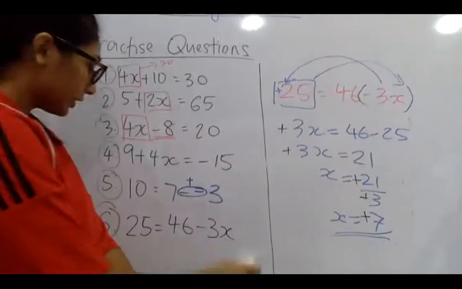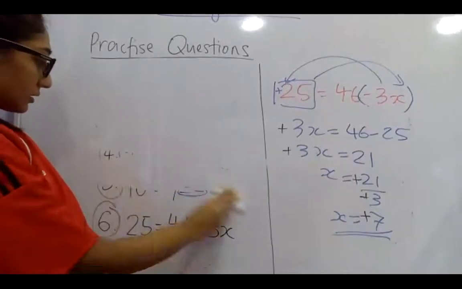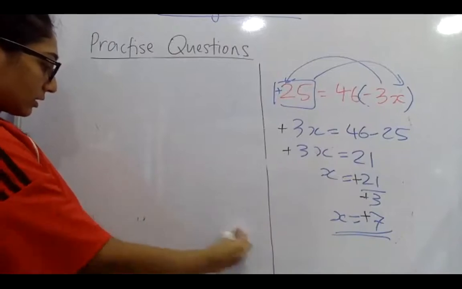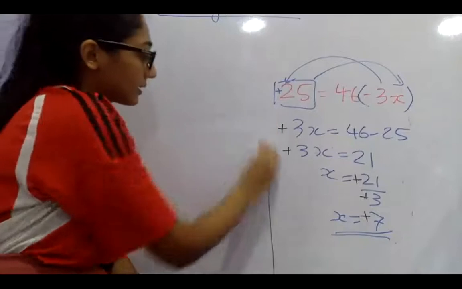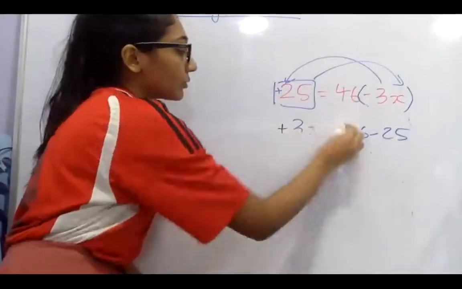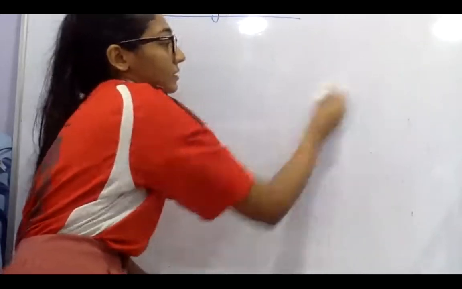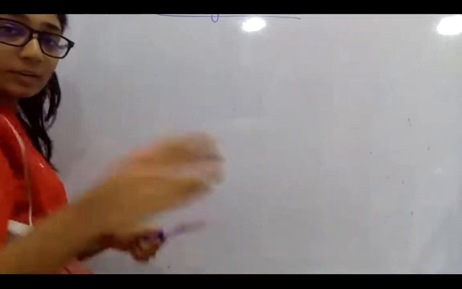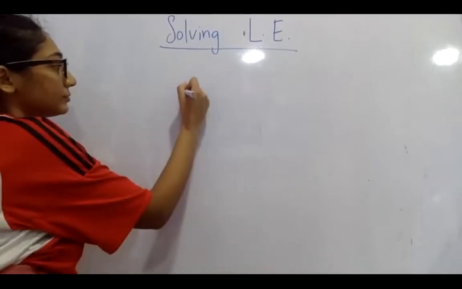Okay, I'm going to erase everything. And then we're going to look at something slightly different, but it's the same thing. You move left and right, you change positive to negative, you divide, you want to get x. Okay, so now let's look at the next one. Also very important, please concentrate. So let's say I have